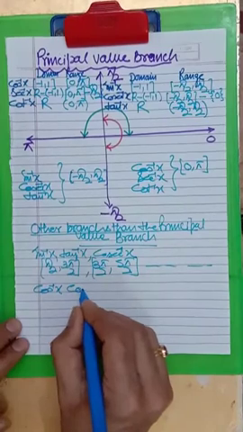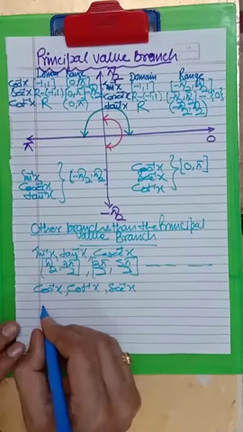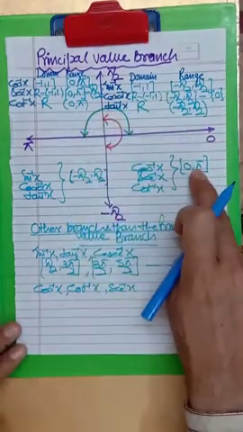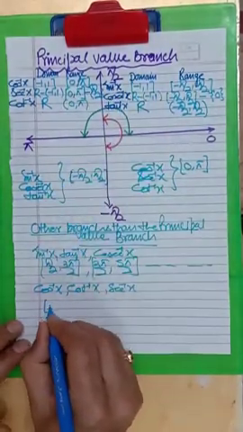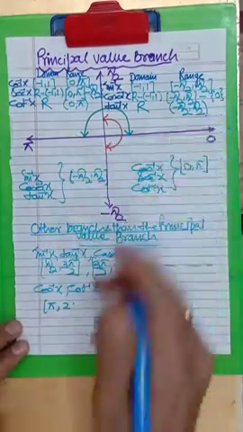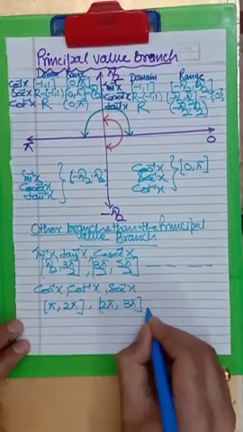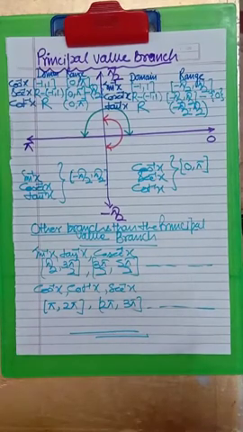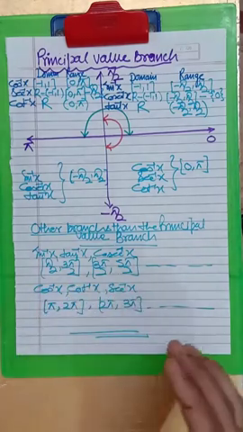In the board examination, a 1 mark question may be asked: write a branch which is other than the principal value branch. Here for cos, you know that it is 0 to pi. 0 to pi is your first and second quadrant. Now we can write another branch, that is pi to 2 pi. Again you can rotate it, 2 pi to 3 pi, and so on. There are several branches which are other than the principal value branch.